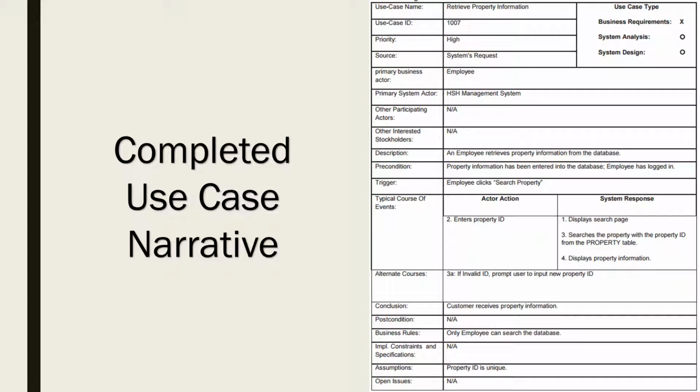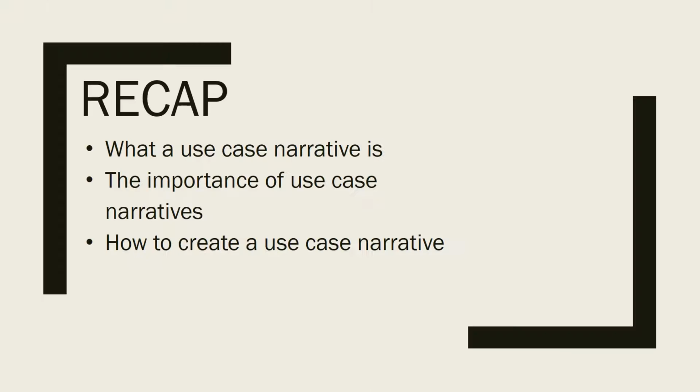Business rules are back to the constraints and stuff like that, and it's only employees can search the database. So someone cannot just walk in and look at it. You have to be logged in as an employee, and you have to be an employee of the company. And assumptions made about the system or the use case is that the property ID is unique. So there are not two properties with the same ID, which will cause problems in the system if that occurs. Moving on, you can see the completed version of a use